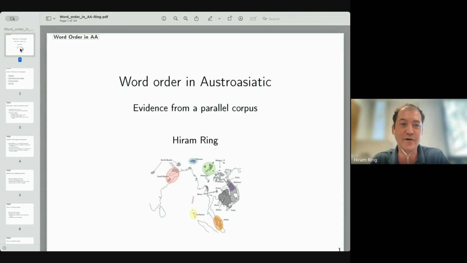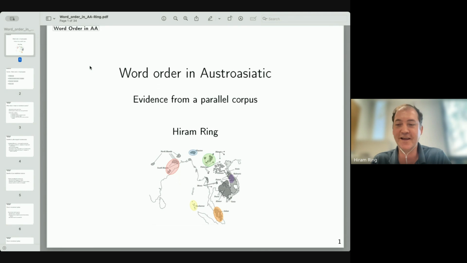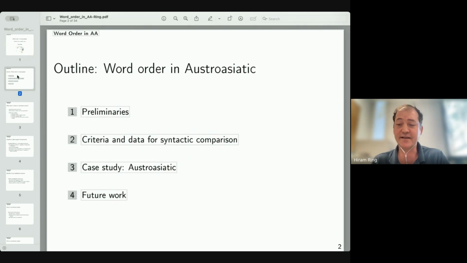I haven't been to ICAAL in a while, but I'm glad to be here. And this is kind of an exploratory study. So I'm looking for feedback and other discussion. I'll mainly focus on identifying what I'm talking about in terms of reconstruction, what the data looks like from a top-down view, and whether that's even really viable.